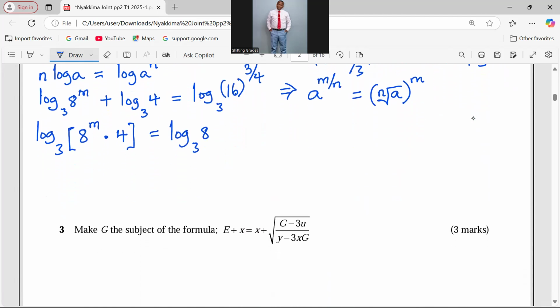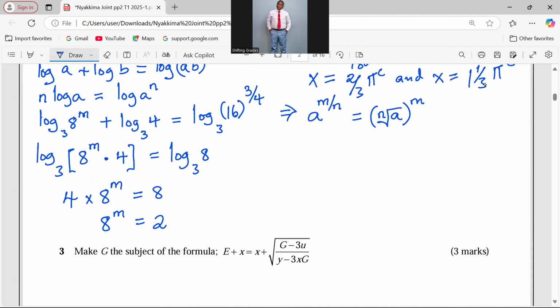So now that we have applied the laws that we could, we can now drop logarithms and we equate the two sides. So 4 multiplied by 8 power m is equivalent to 8. To remain with 8 power m, we can divide it through by 4, such that this becomes 2. Now we can use some